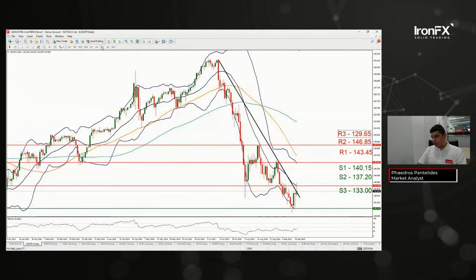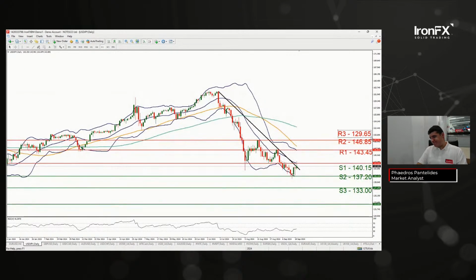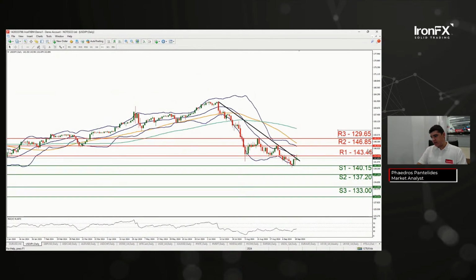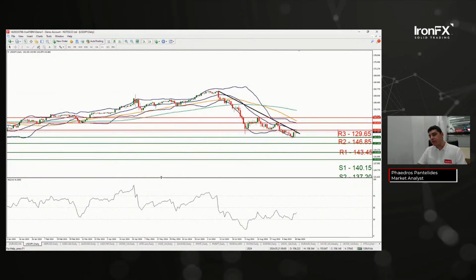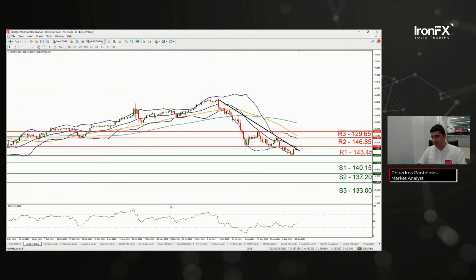But back to the daily chart, having broken slightly that downwards moving trend line with RSI currently moving towards 50. That's actually at 41, so it does imply a bearish market sentiment. There are two scenarios that I would see. One is a sideways bias between S1 and R1. And I would not be surprised to see that on the 4 hour time frame, not on the daily.